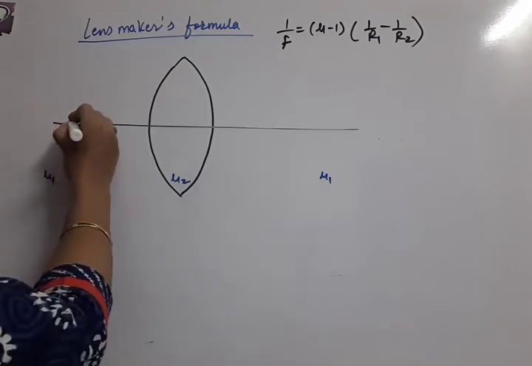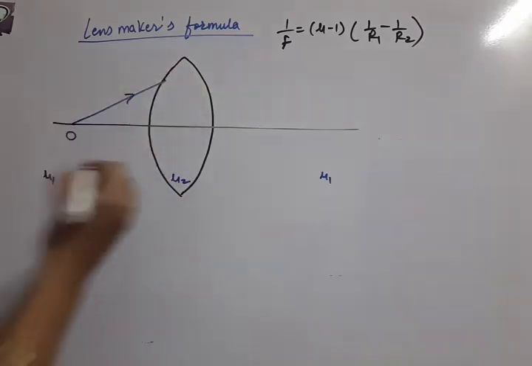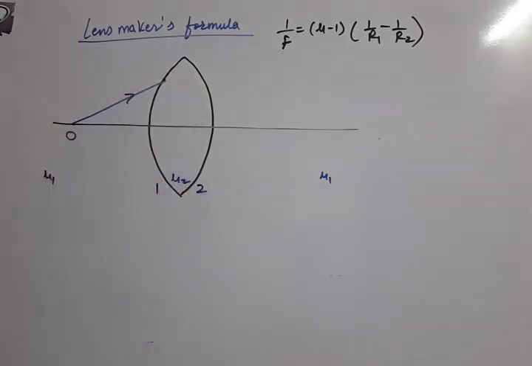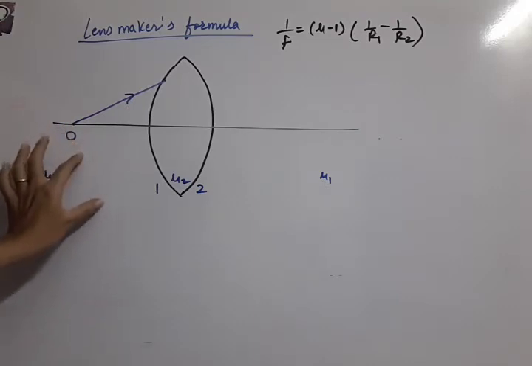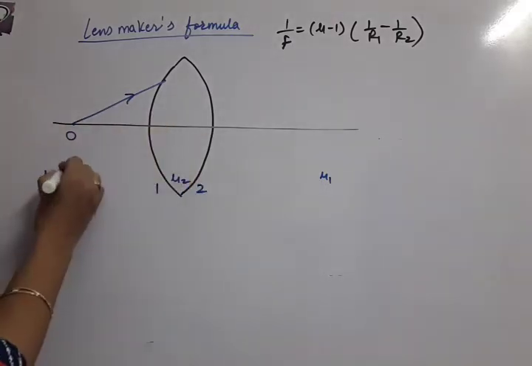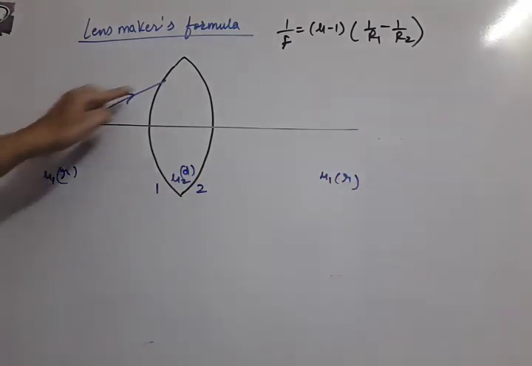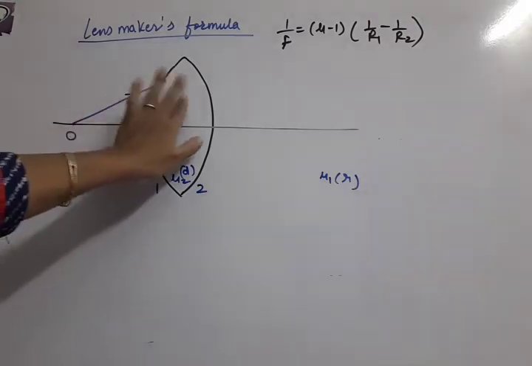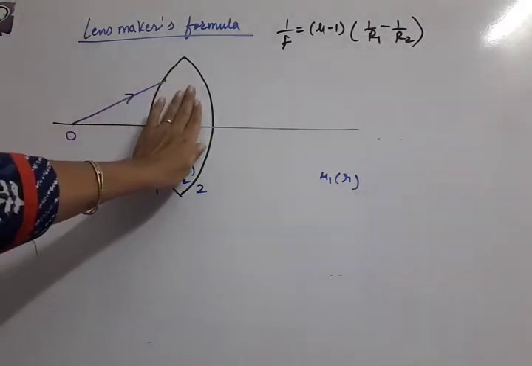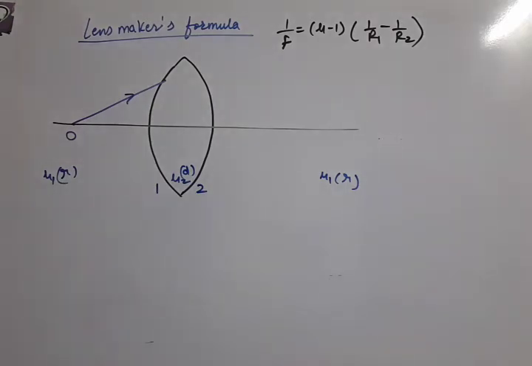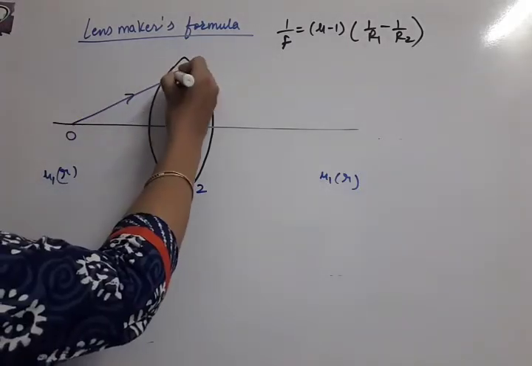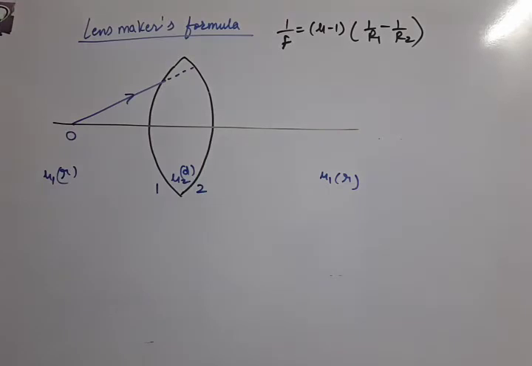Now how will the image formation be drawn? You need to take a ray on the first surface. This is our first surface, this is our second surface. What will happen now? First of all, the ray is moving from rarer to denser medium. This is rarer medium and this side it is denser medium, this side it is rarer medium. Initially a ray is falling from the rarer medium to denser medium, that means it is getting inside the lens. Now we need to draw the normal first so that we can find out the path of the ray. So this ray's actual path should be this, but we need to draw the normal to find its path,